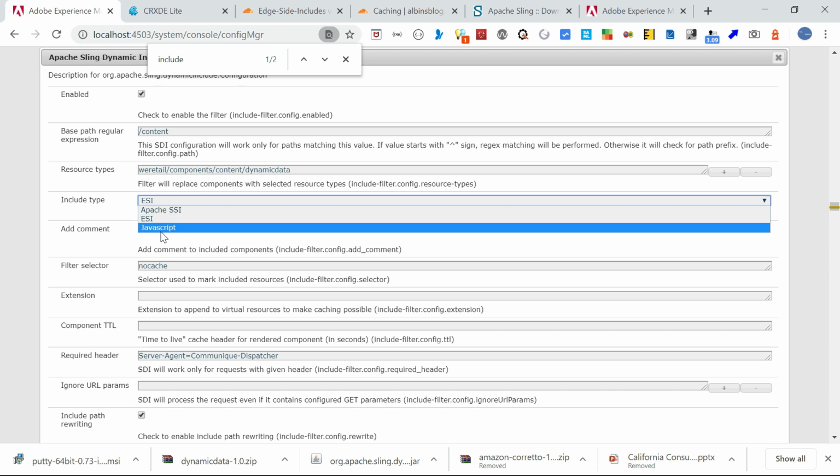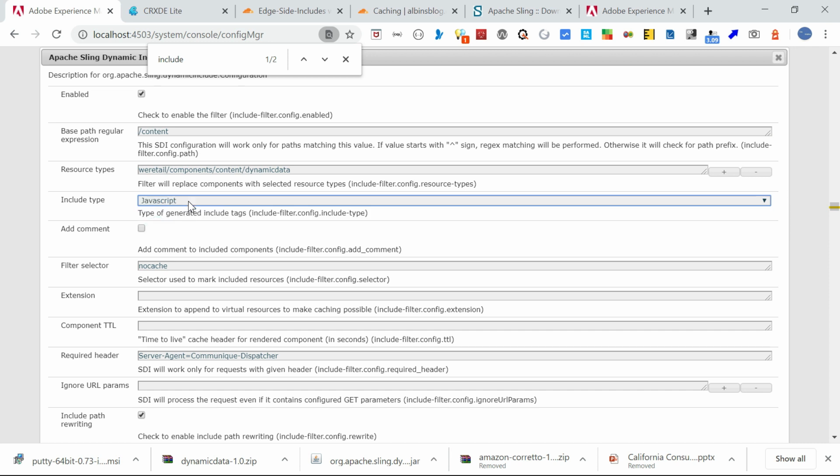Let me first start with JavaScript. As I already explained, JavaScript means the browser is going to make a subsequent call and get the original data through an Ajax call. So this is fine. If you want, you can enable this add comment. It will add some additional comment to that. Then filter selector. You can change it if you require, but I am going with no cache.